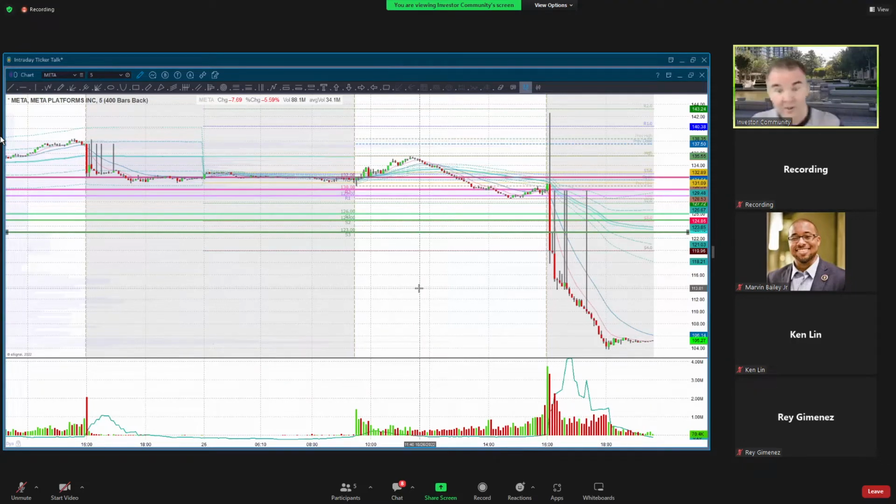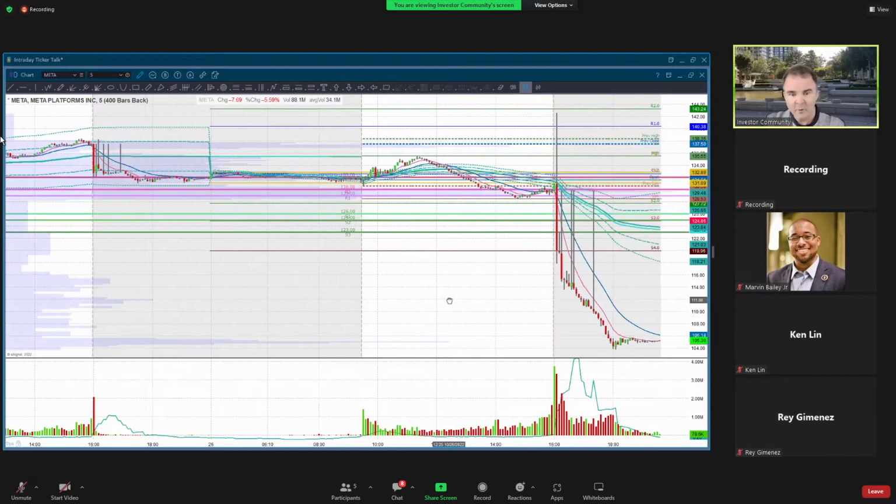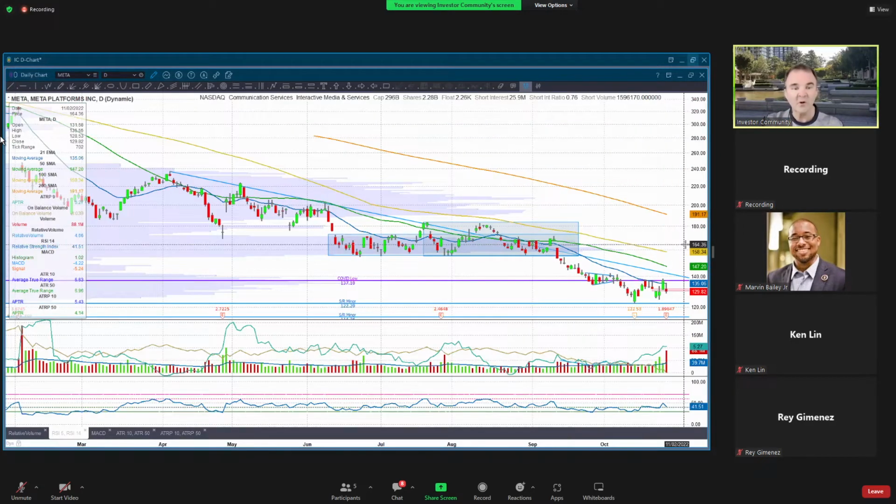I'm not sure what the market cap loss is on this. It must be huge, because this is or was a mega cap stock. I mean, I wonder if we can still call this a mega cap stock. Anyway, just a nasty move in Meta, and surprising because there's been so much negativity in this stock for so long. I'm surprised it was able to go down that much on these earnings.